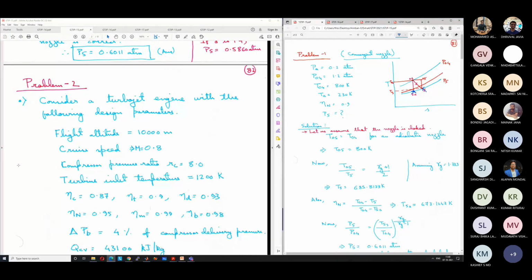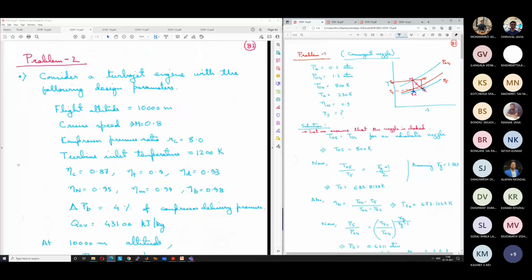So let us consider a design problem. When you are designing an engine, you are designing for a certain range of input parameters, input conditions, with certain design parameters in mind. So we had discussed previously for industrial turbines, what are design parameters? The parameters with which the designer starts the calculation. So for an industrial turbine, this is the compressor pressure ratio basically, and what?